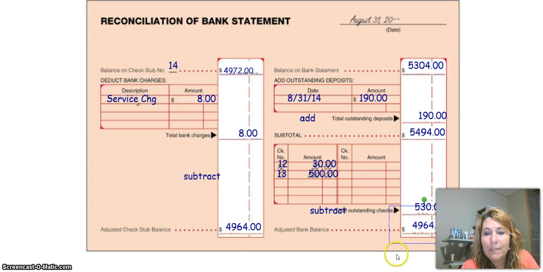Okay, here's where it's important to look. Does this balance here match this one? If yes, good, you're ready to go on. If no, then you need to go back through, look at this form, see if you made a mistake on it. If you didn't make a mistake here, see if there was a check mark that you